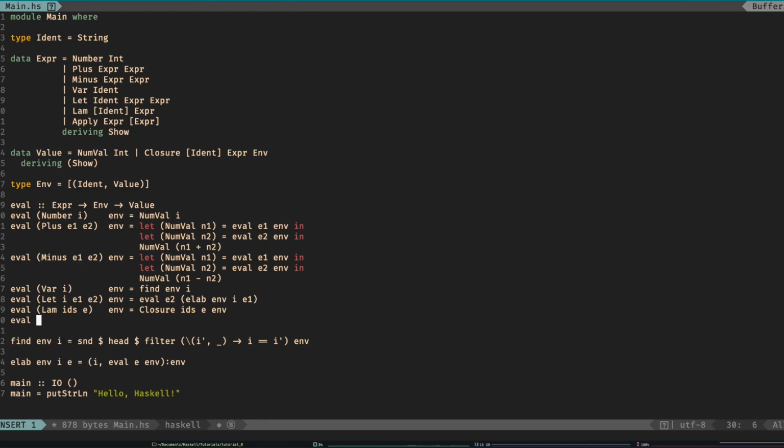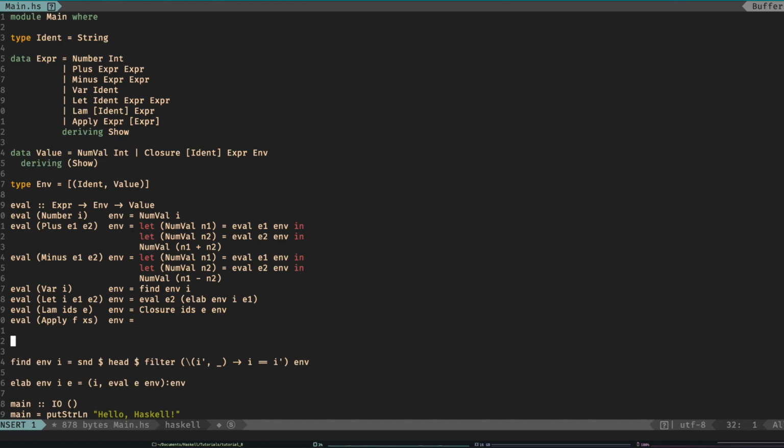So eval apply, what's it take in? It takes in our function and it takes in our arguments. So the first thing that we're going to need to do is evaluate the function. This isn't too bad actually, but I'm going to make another function apply just to make life a little bit neater, because we're going to be,